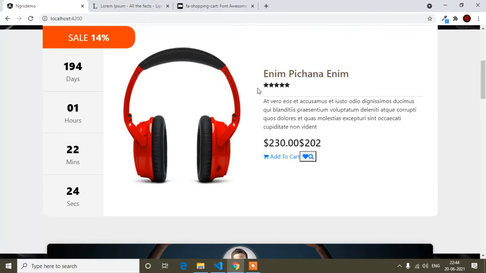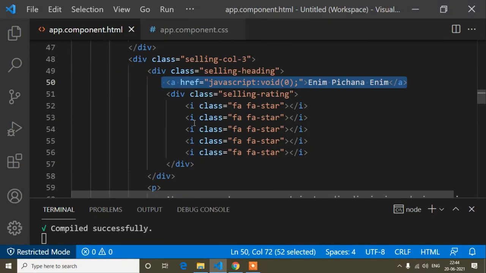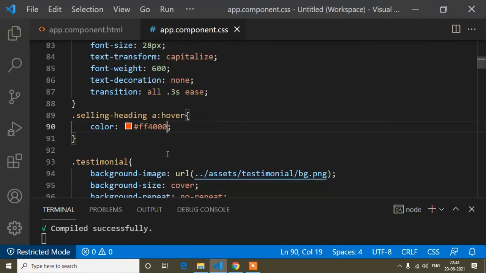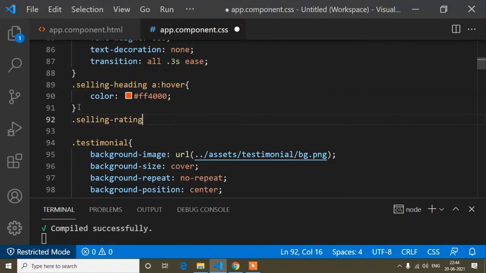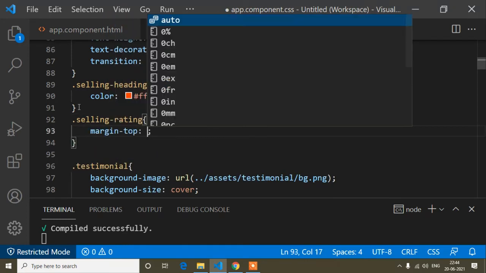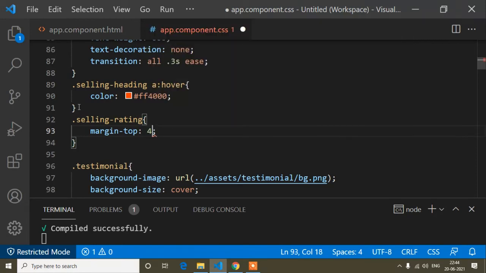And now I will add the design for this star. So here I will go to HTML, and the parent of this I tag is selling rating. So I will copy this parent, paste. First of all I will write margin top, so margin top is 4 pixel.